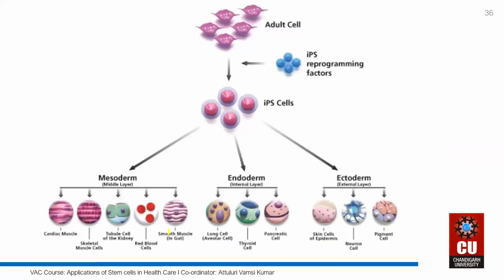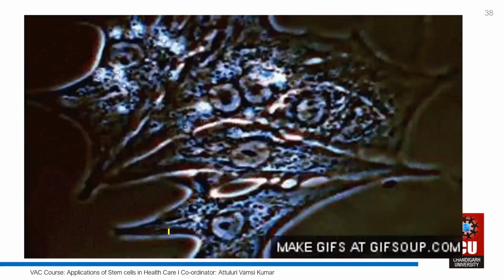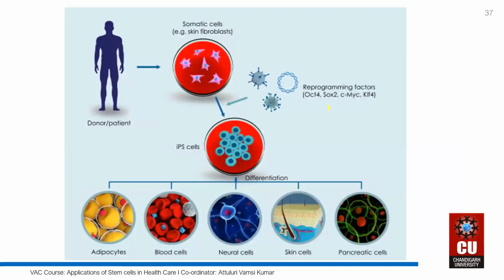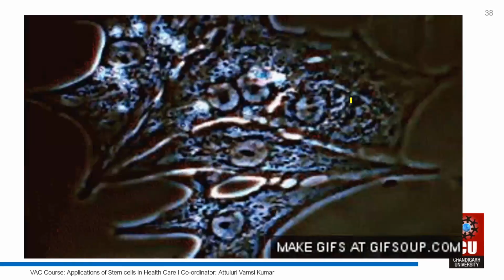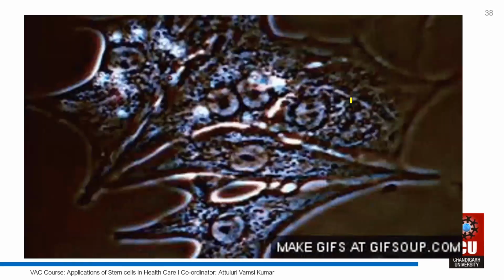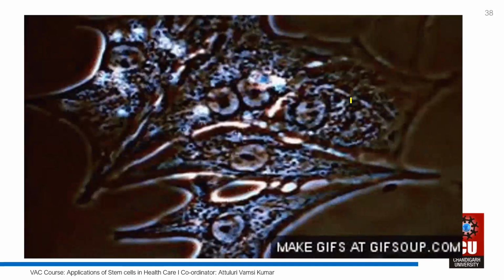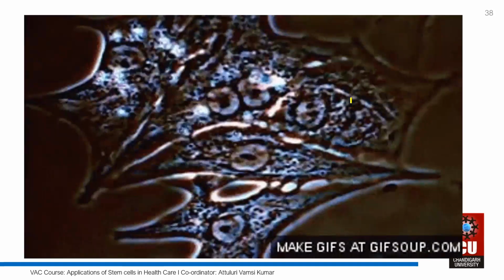I will show his research here. See, he took a skin cell. He reprogrammed the skin cell with these 4 cytokines. They are OCT4, SOX2, CMYC, and KLF4. He took a skin cell. He reprogrammed the skin cell with these 4 cytokines. And what happened, it converted into a muscle cell. This is the first time in the world a skin cell was converted into a muscle cell